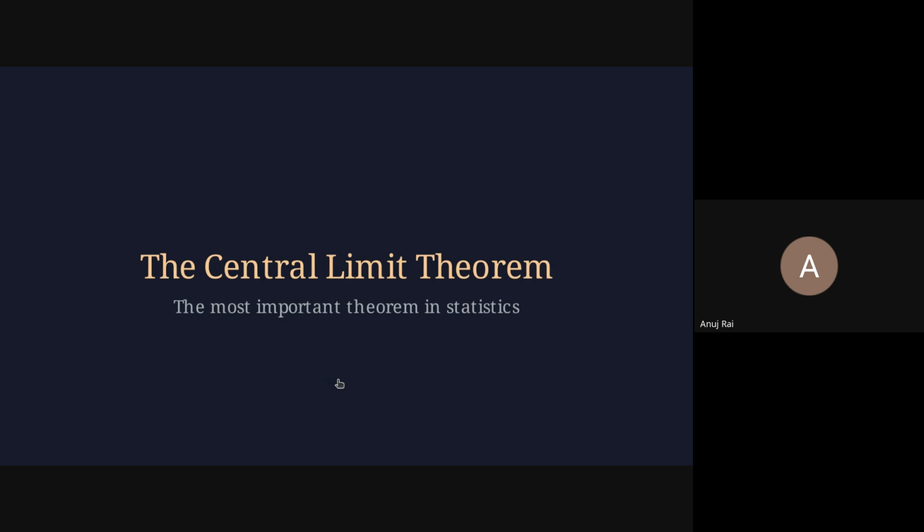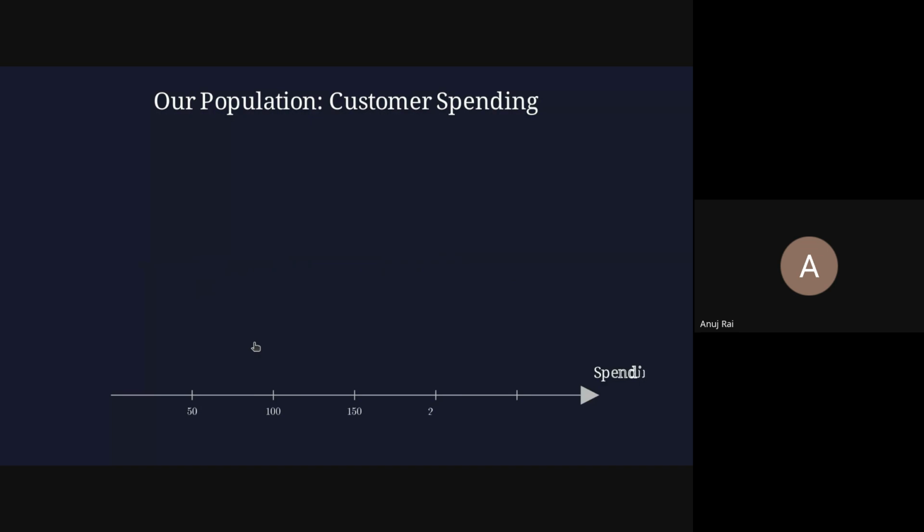So now, the central limit theorem. This is the most important theorem in statistics, and the whole of statistics is practical because of this theorem. So what does the central limit theorem say? For example,